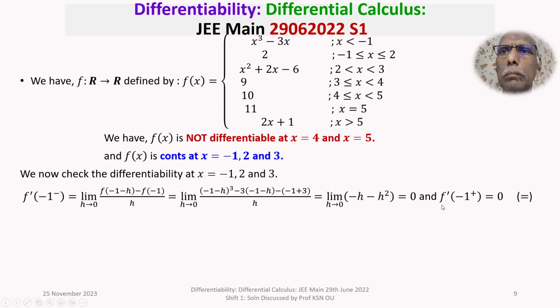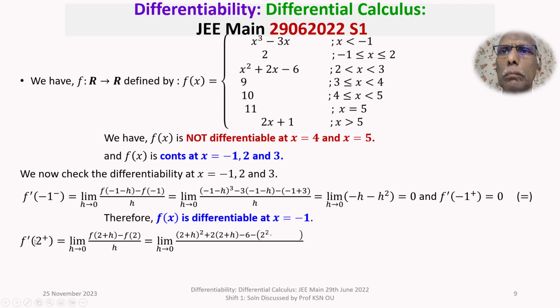And what about the right hand derivative? The right hand derivative is 2; when you differentiate it will be 0. And they are equal. That means it is differentiable. Therefore, f of x is differentiable at x equal to -1. Now at